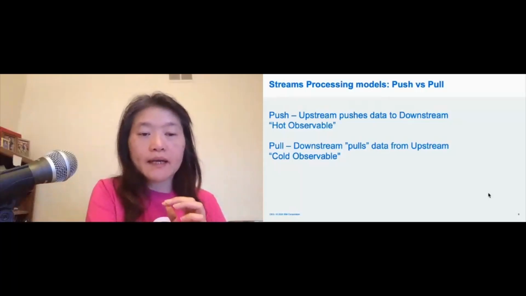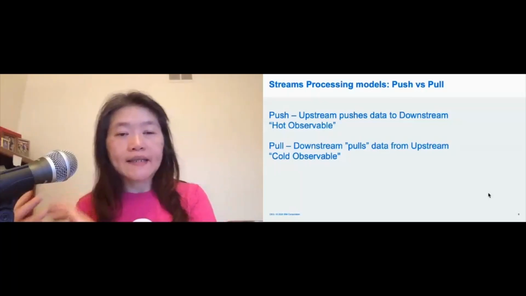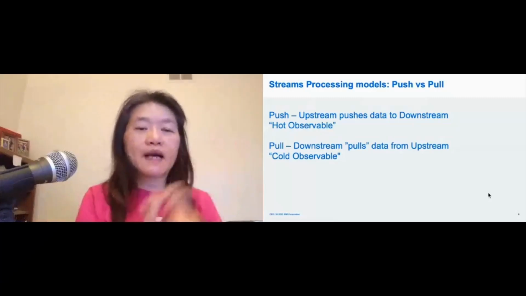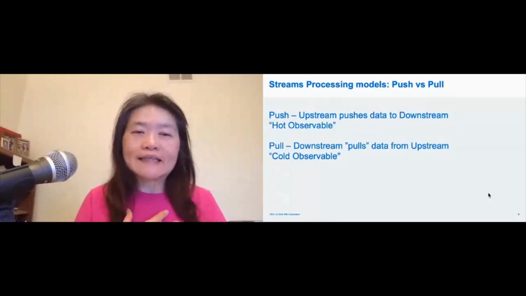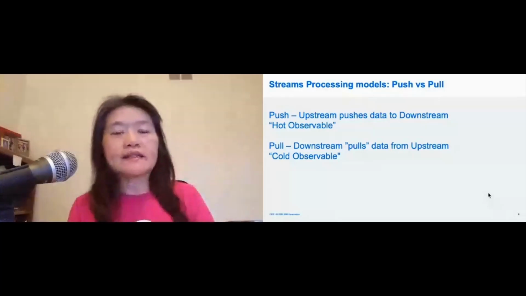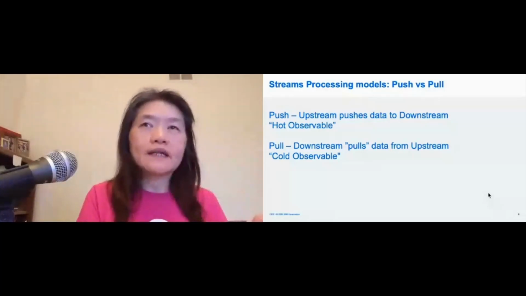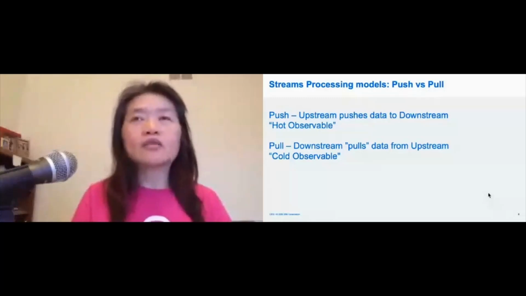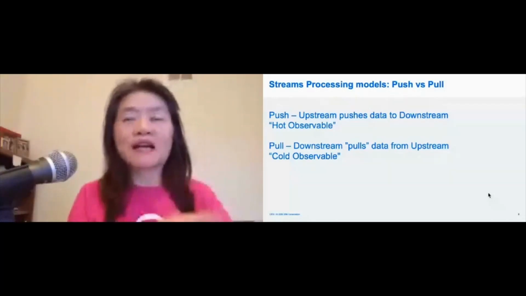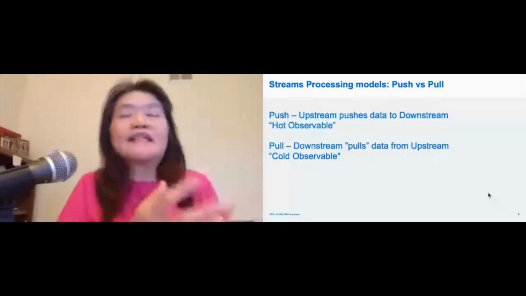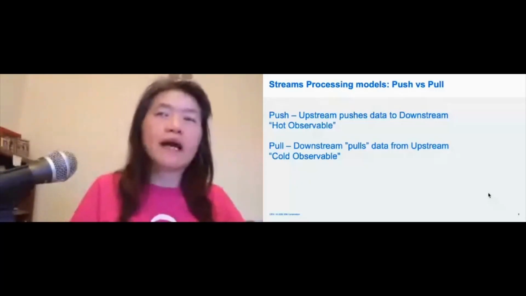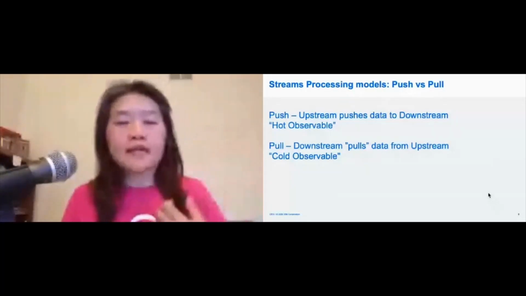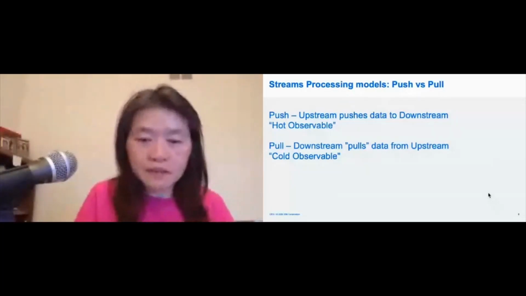That then comes to the pull model. Pull model is really where the downstream pulls data from the upstream, and that's also described as a cold observable. It's a bit more of a lazy way of getting data. In this case, the consumer needs something and just signals, oh, I need some data that will happen in the future. I don't really go and get it myself, I just send some kind of signal. Then when data comes, you have a subscription, so it knows that when it's time for the data to be pushed, you will get the data. So that's described as a cold observable.